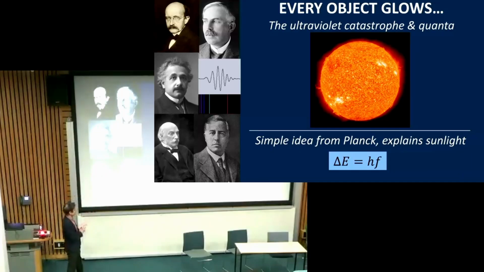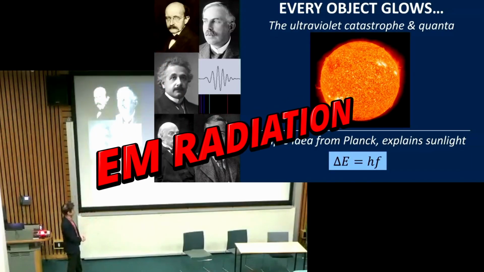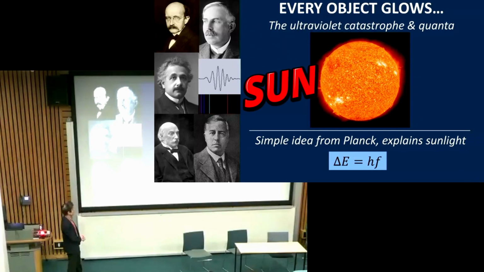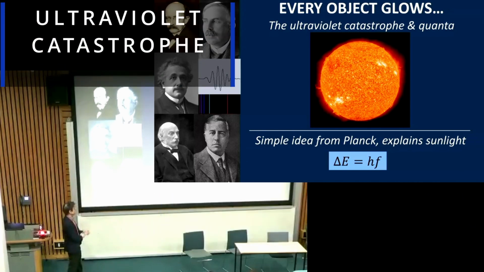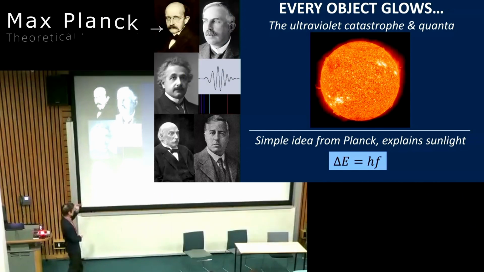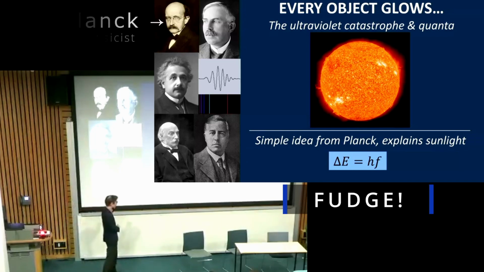How do you describe the spectrum of electromagnetic radiation given off by an object such as the sun? Because classically that couldn't be done. And that's where we're going to talk about the ultraviolet catastrophe. And then we're also going to show how Max Planck, with what he thought to be a mathematical fudge, actually